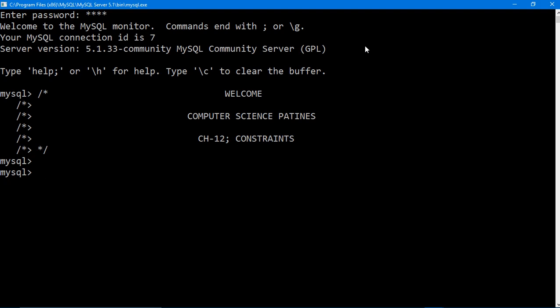But actually this check constraint doesn't work well with MySQL, so we should not use it, we should not trust it, because whatever rule you are trying to apply with the help of this check clause will not be functional in MySQL. It is a problem in MySQL. MySQL is an open source software, so it doesn't work with MySQL. It may work with SQL, but it is not working with MySQL.